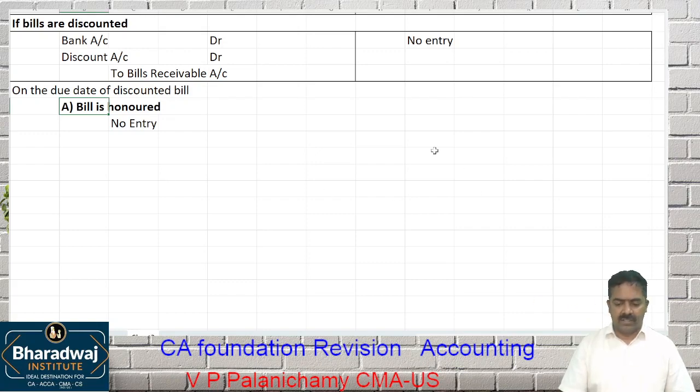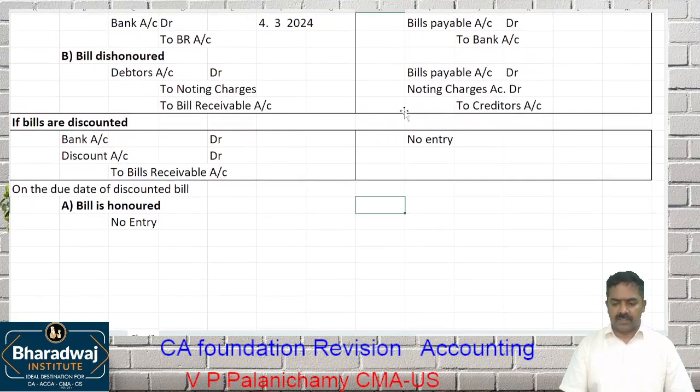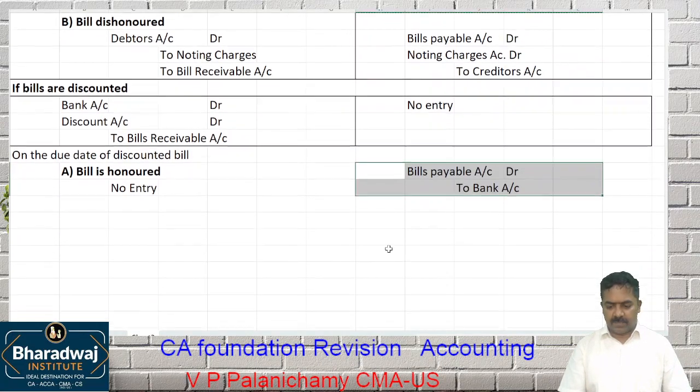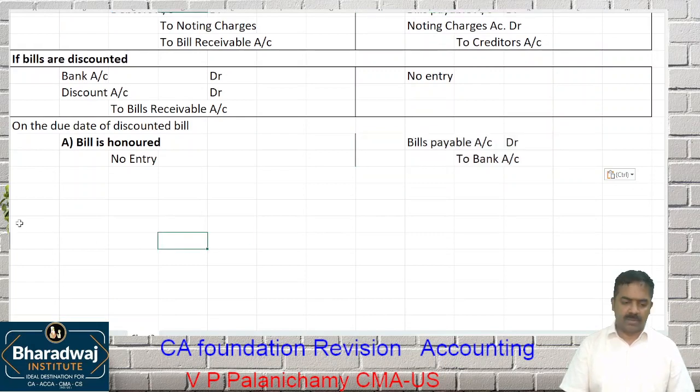Bank will collect the money. In the second party's book, what entry will pass? Bills payable account debit to bank account. Whenever he pays money, you will put bills payable account debit to which account? Bank account. If the bill is dishonored,